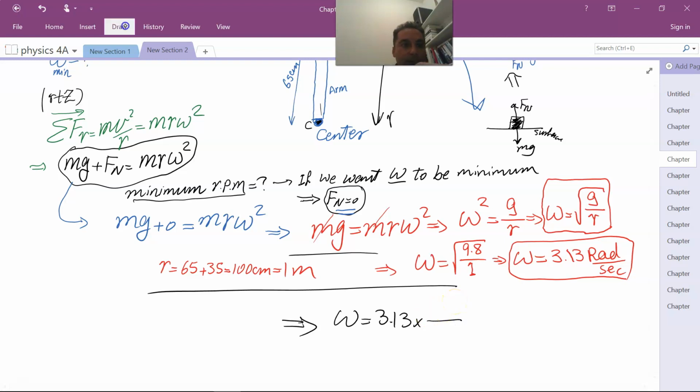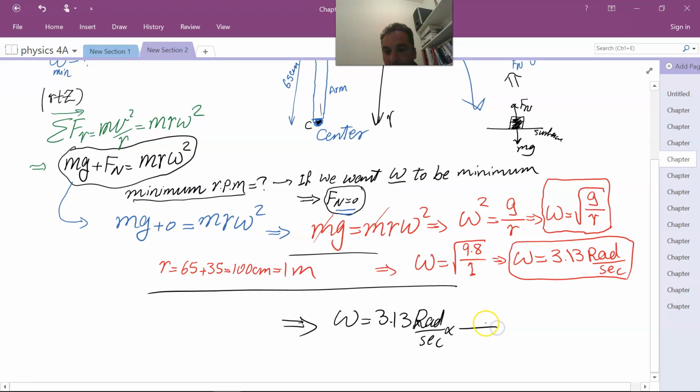So here, let me do this. Radians per second times revolution per minute. Minute must be here. So here radian, here second. 1 minute is 60 seconds. 1 revolution is 2 pi radian. Therefore, if you do